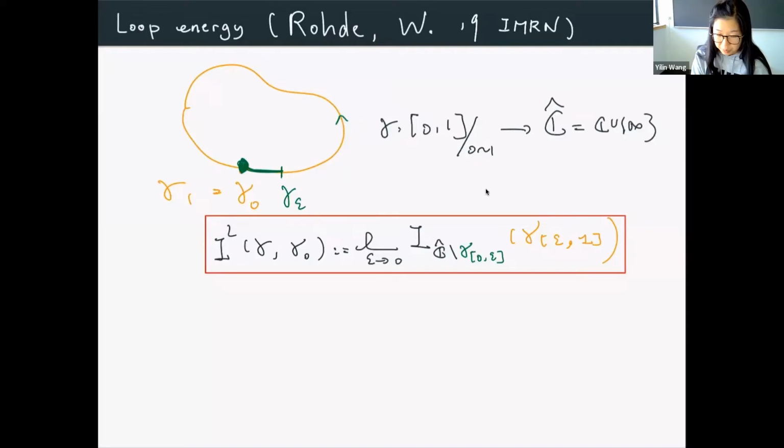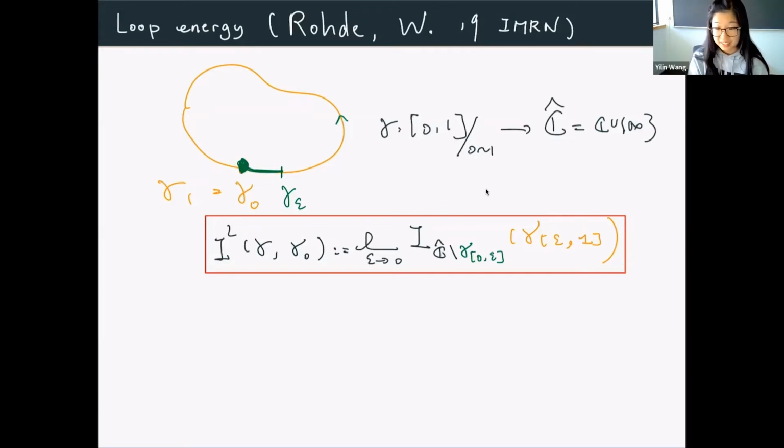I take another point on the curve, and this green part, and view this curve being on the Riemann sphere. The complement of this green part is a simply connected domain. And now this orange curve is a curve connecting two boundary points of the simply connected domain, and therefore, I can write down its